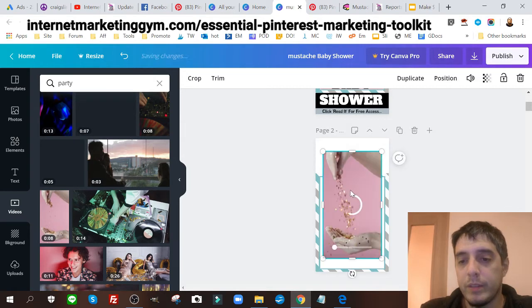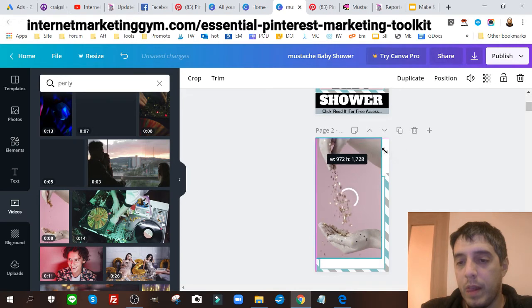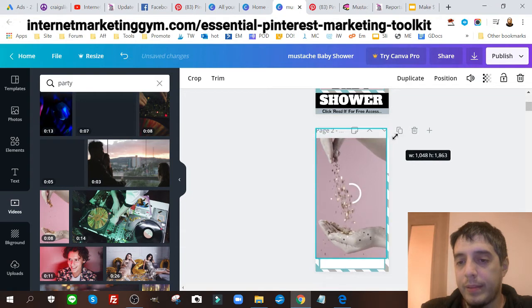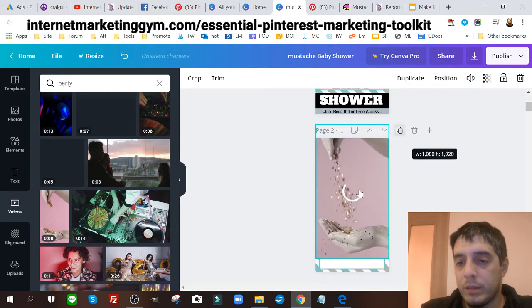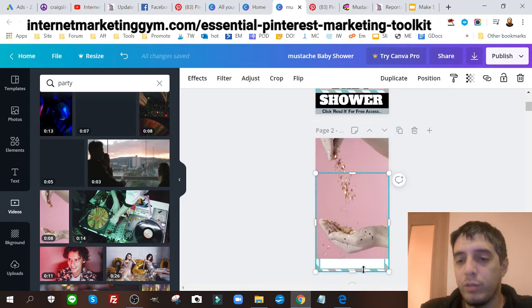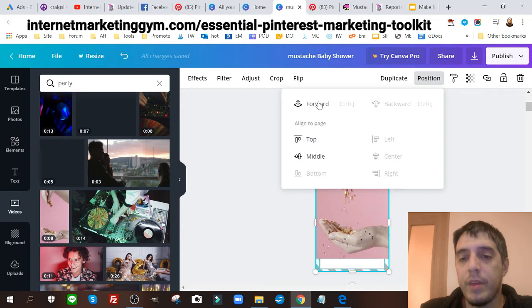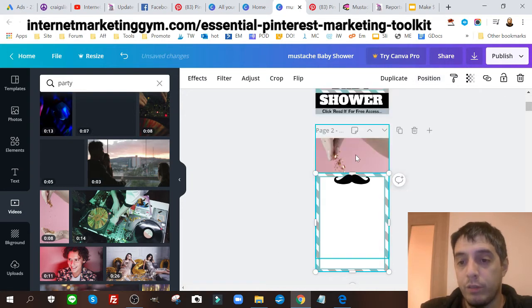Okay, this one here. Expand that. And maybe I just want to use the top part. So I'm going to position the image forward, so people are going to see this top part.